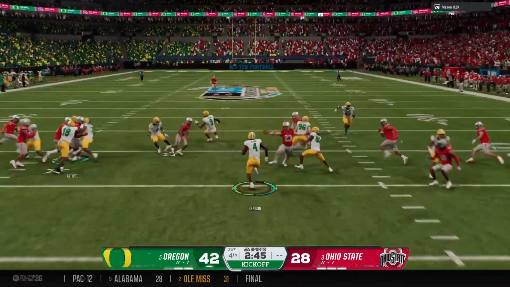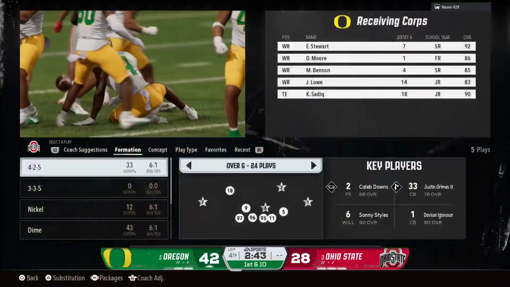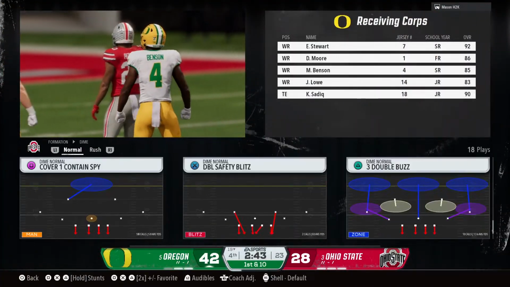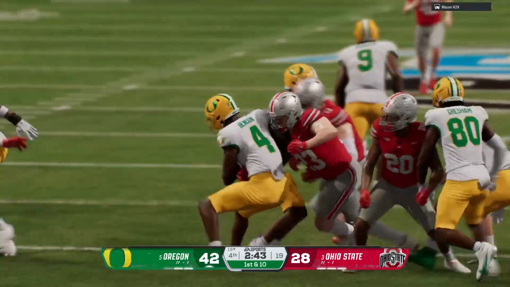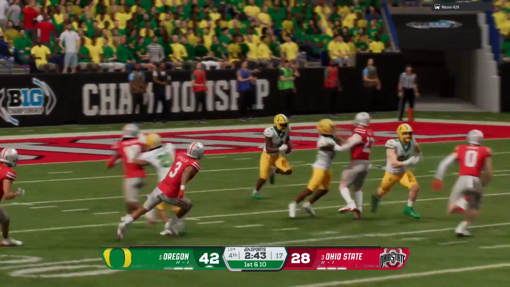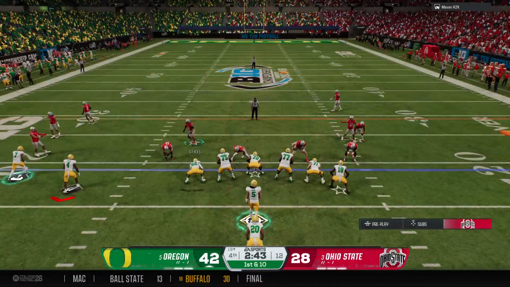Fielded in the end zone. It's Benson. And he's stopped at the 19. Good job by the coverage team. First play of the drive now. They begin at the 19.